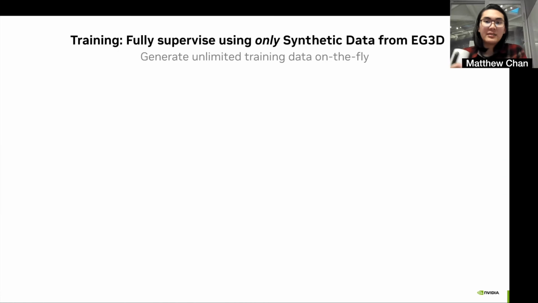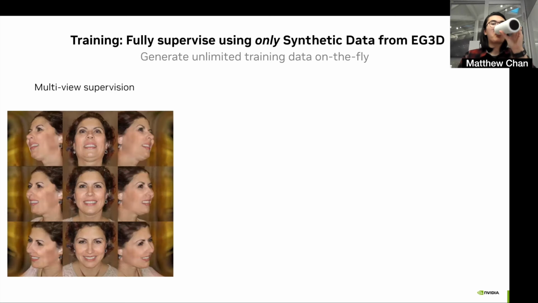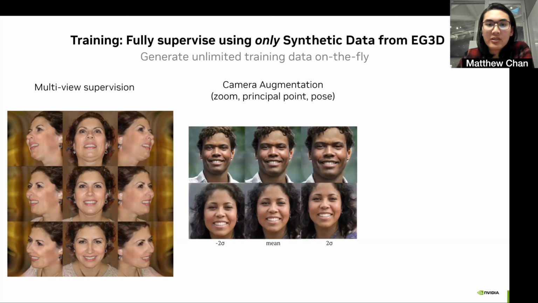So to reemphasize, our model utilizes only strictly synthetic data that is generated on the fly during training. We found that in order to properly generalize to these in the wild images, well, we need to add some somewhat aggressive augmentation schemes to our generated data. Some examples here. For faces, we modify the pitch and the yaw of the training data on the left. We also modify some other camera parameters like the focal length or the principal point.